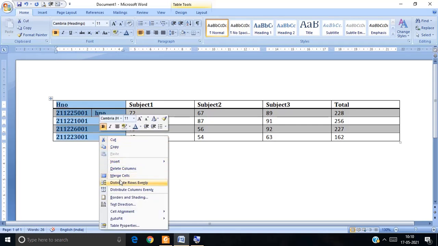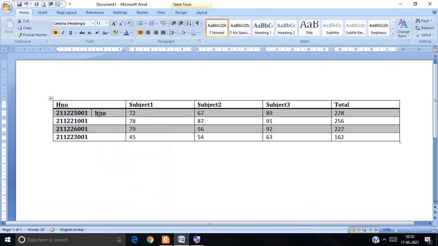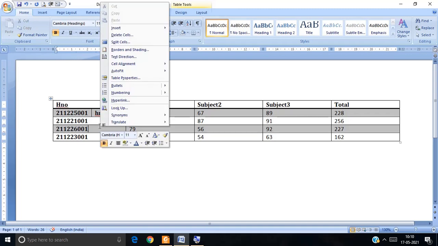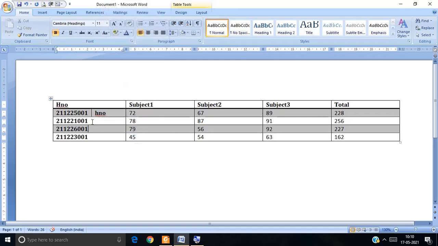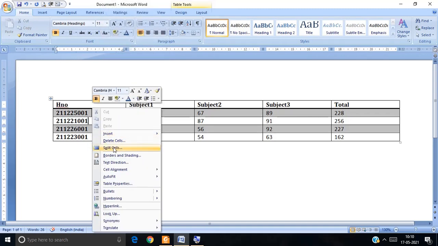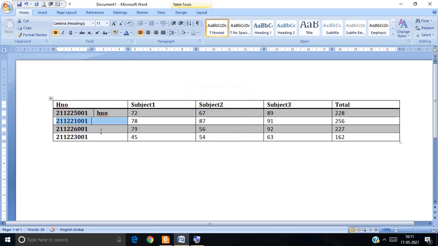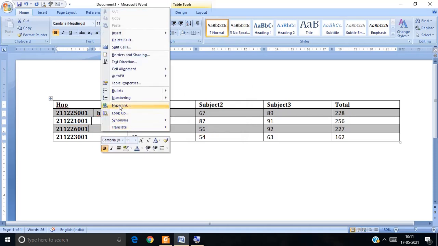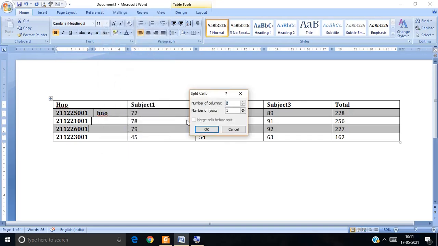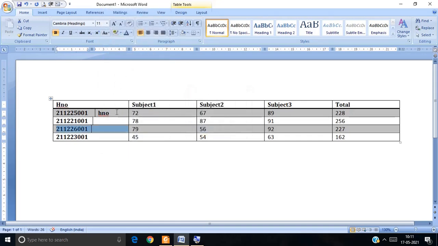Select them, then split your cells with the number of columns and number of rows here. So it is split, and select another one. If you want to provide different types of data, it is also possible. So observe each and every one.